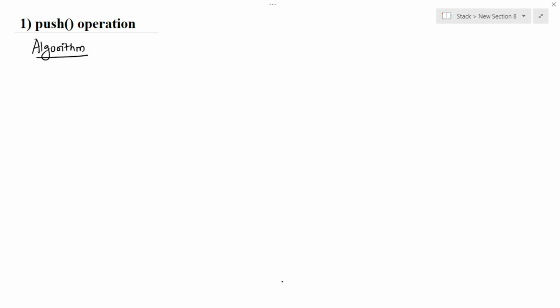Okay, so here we are going to see the algorithm in two different ways, the two different types of algorithm. So whichever is easy for you, you can choose that, or you can write it down on paper. So first let's see the first type of algorithm. Write down step 1, and step 1 is, okay, so here whenever we insert an element into the stack,